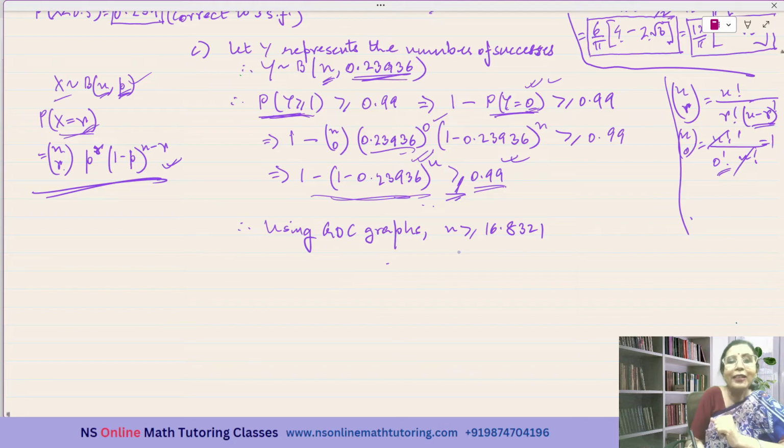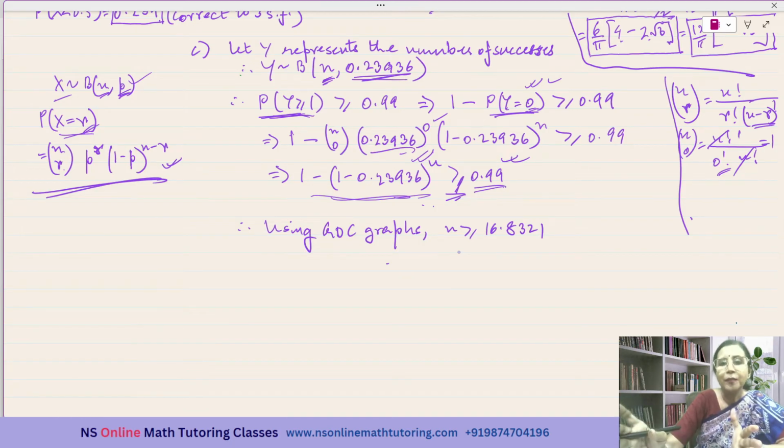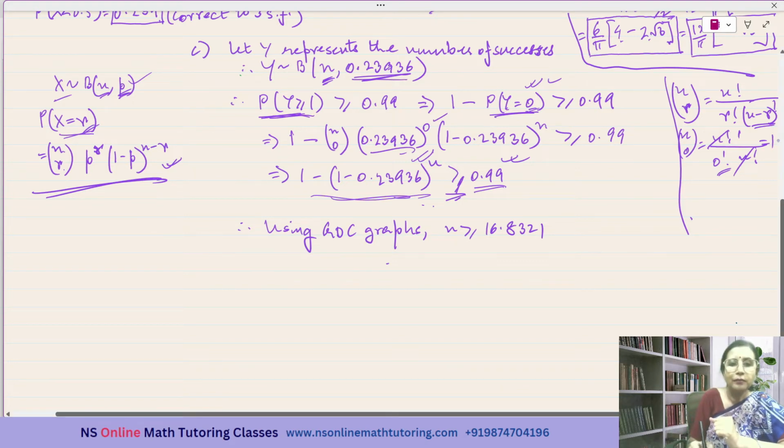But n is the number of trials. N cannot be a decimal number. It should be a positive integer. Okay, so I have to take n greater than 16.8321. Therefore, since n should be a positive integer,